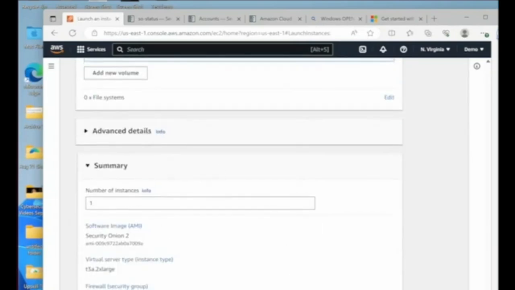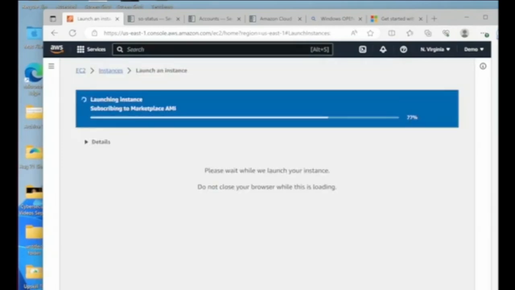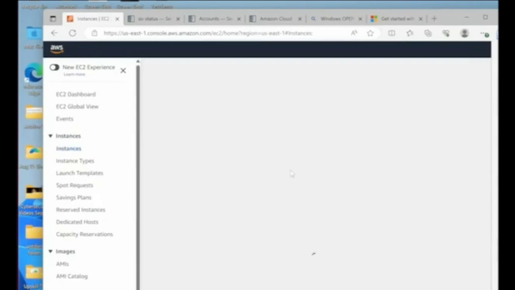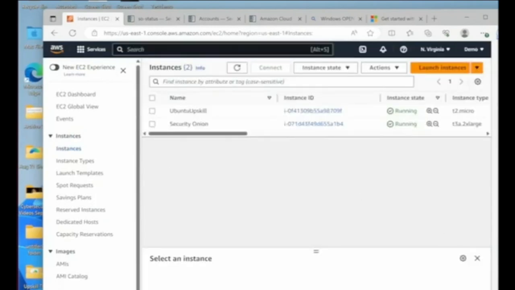Summary, you're only going to want to have one instance. And then you're just going to launch instance there. All right, and so that concludes the first part where we launched an EC2 instance for Security Onion, which is fantastic. Now, the second part to complete this is you're going to want to associate an elastic IP address to